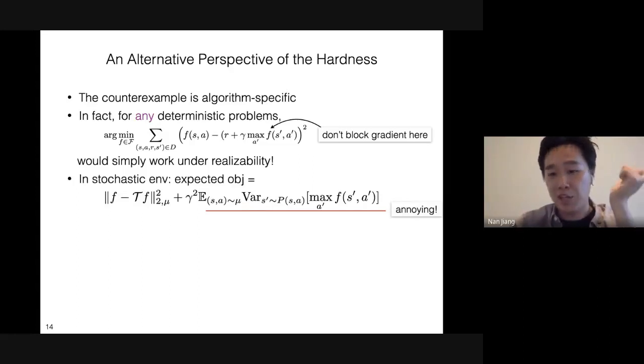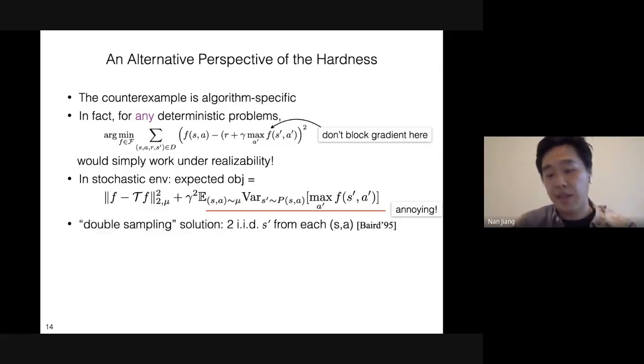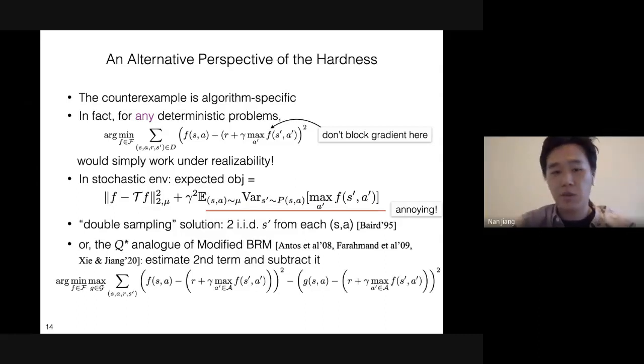But the problem is that it completely breaks down if your environment has high stochasticity, because this objective function has a second term that is just added to the first term, which is the Bellman error that you care about. And you can overcome this again with additional assumptions, but none of these assumptions are something that we have assumed in the previous setting.